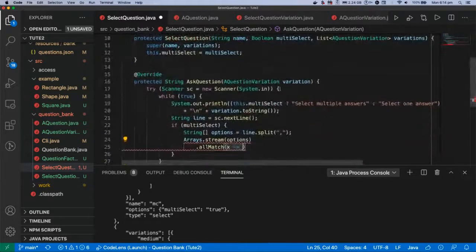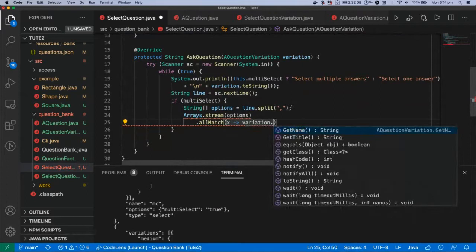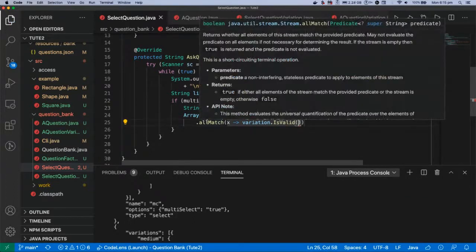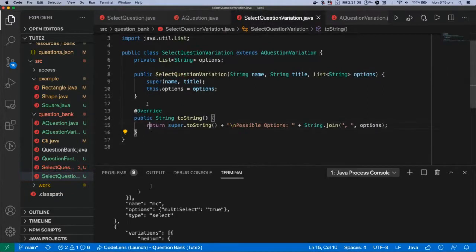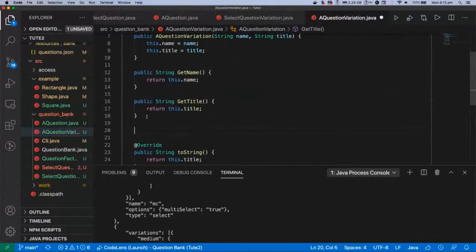possible permutations exist within this variation. So we can maybe have something like variation.isValid. Is this a valid option in this variation? Now the key thing is the multiple choice is not per variation, it's for the entire object as a whole. So this code, it being multiple choice, should be here, it shouldn't be within the variation. So we could have a function here called isValid, like a generic one. Boolean isValid and